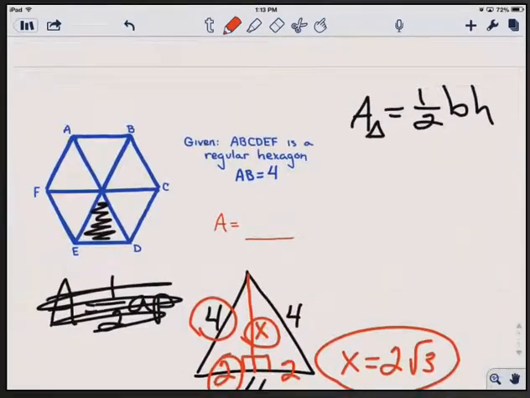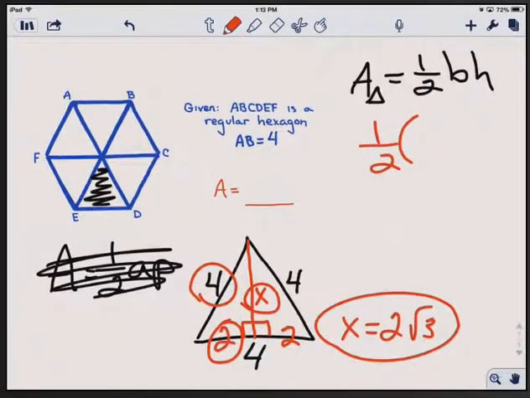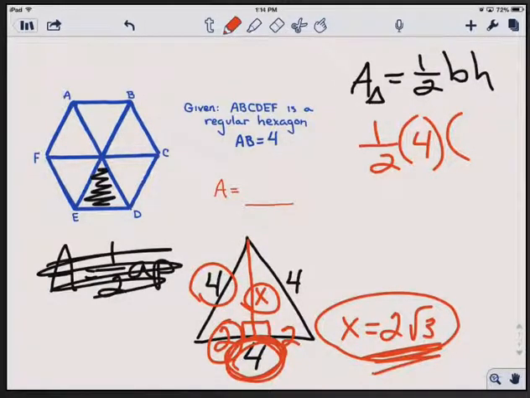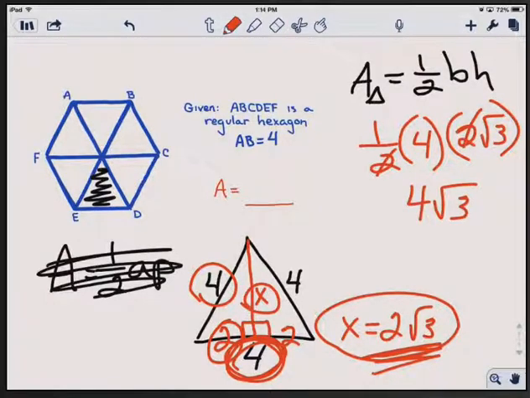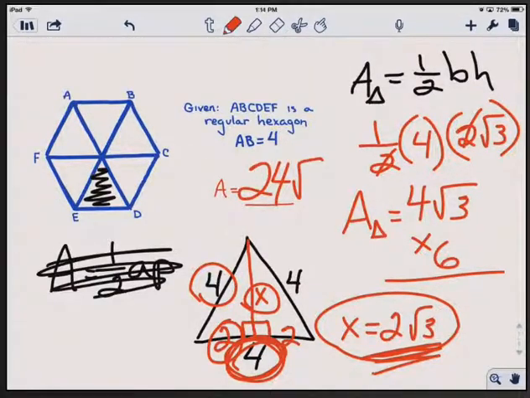So going over to my formula for the area of a triangle, I have 1/2 times the base, which is the 4 right here, times the height of that triangle, which is the value for x, which we just found to be equal to 2 times square root of 3, and we carry out that multiplication. I like to cross out the 2's and say 4 times square root of 3 is the area of one triangle. But there are 6 triangles, so times 6 gives us 24 times the square root of 3 for the area of that